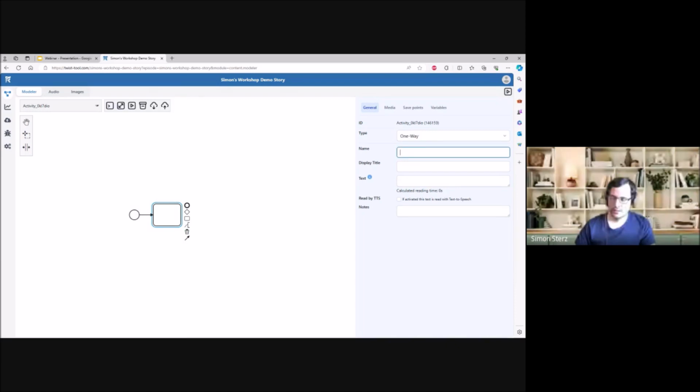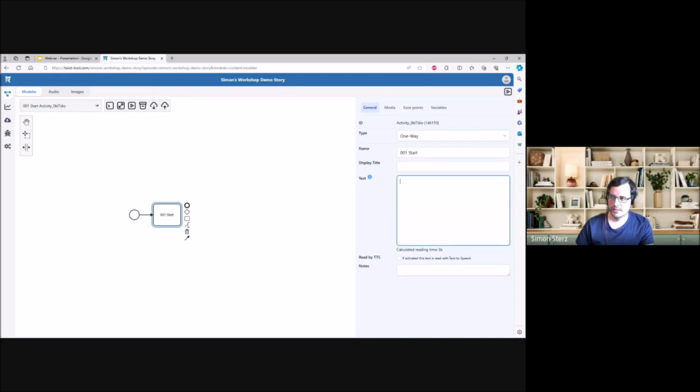We give the rectangle a name. We start with numericals. I'll just call it 001 start. And we don't really need a display title, but we need a text. And so we don't lose any focus on learning, we will not create a unique new story now, but just use Snow White because everyone is very familiar with Snow White, and just to get a hang of the technicalities behind it and not get confused by a new story. So let's say you are Snow